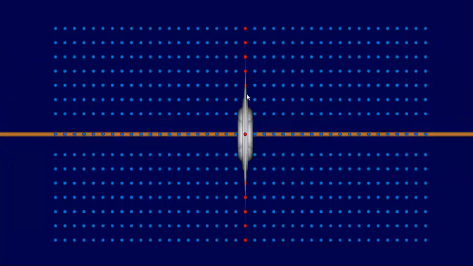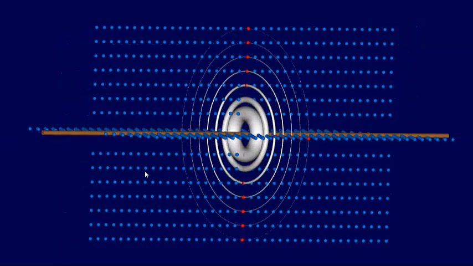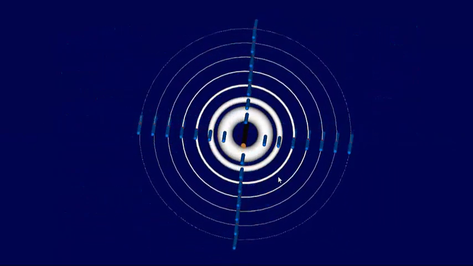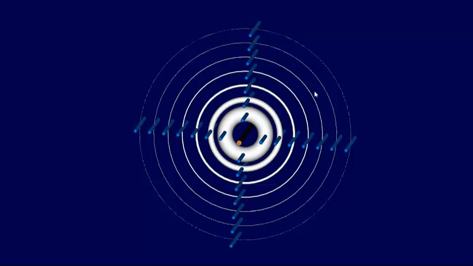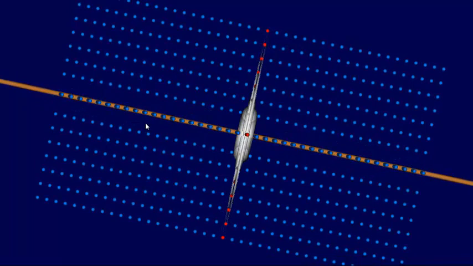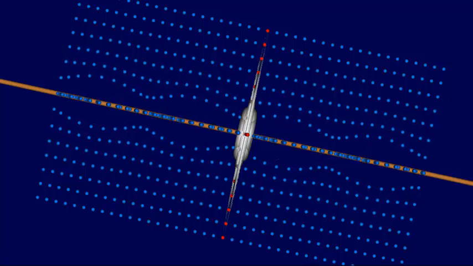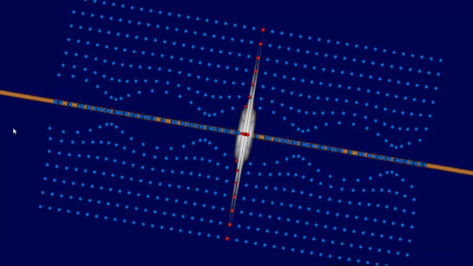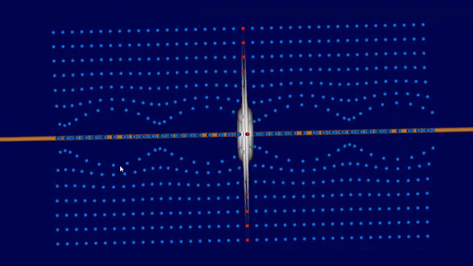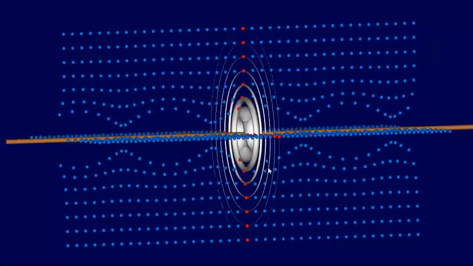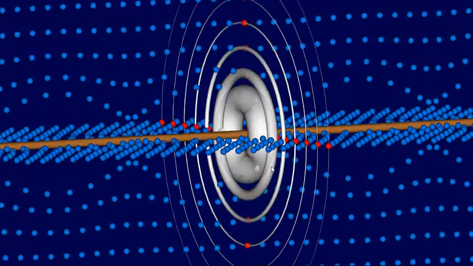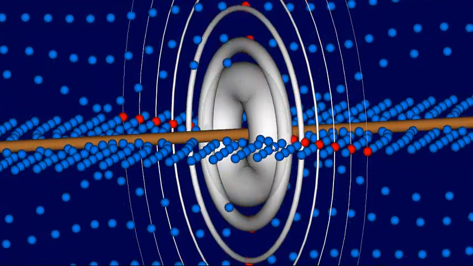So I'm going to set that up. Now instead of drawing the circles, I'm drawing the toruses. You can see the further you get away from the wire, the thinner the torus structures are, just like the circles were bigger closer to the wire and got smaller as you get further away. So now I'm going to animate this. Let me tilt that a bit, and what you're going to see is that the